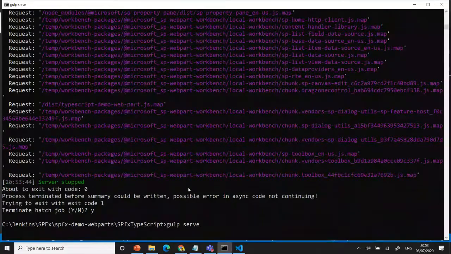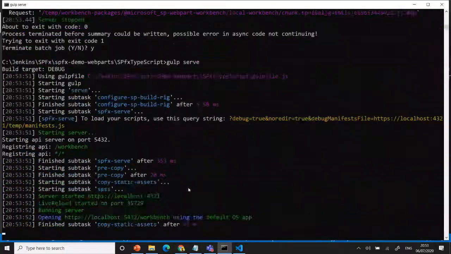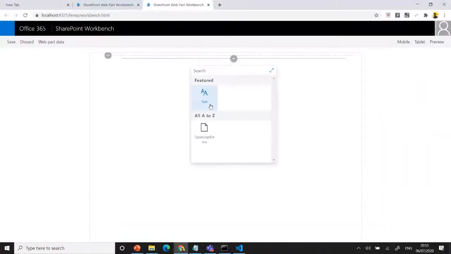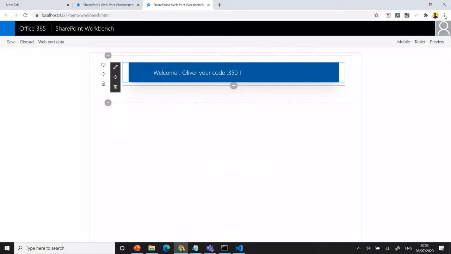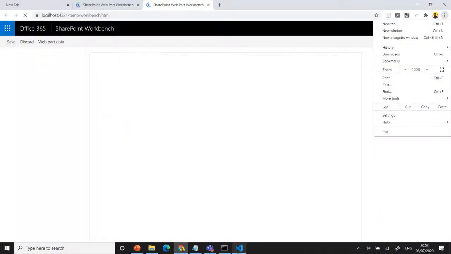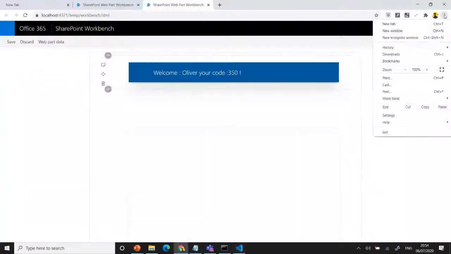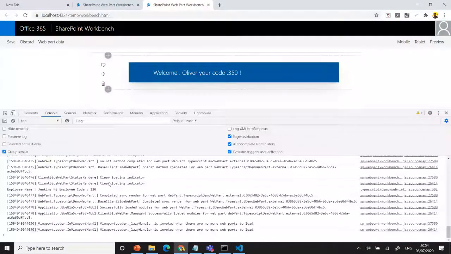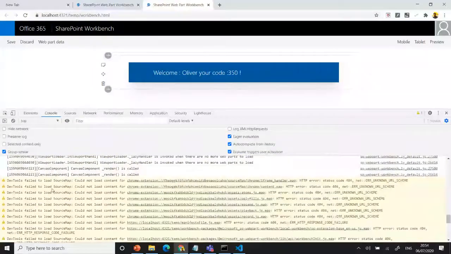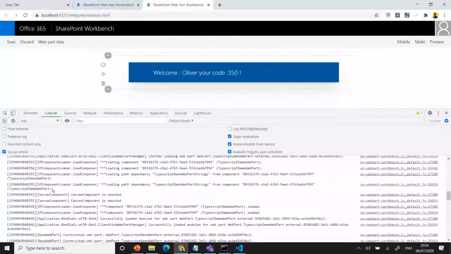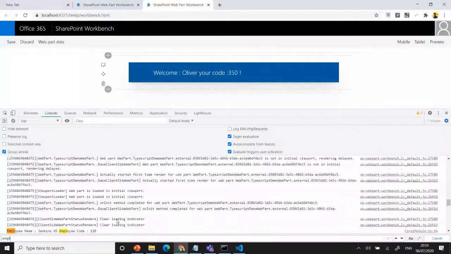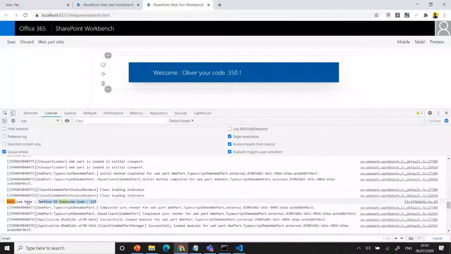It's executing again using gulp serve. Okay, now I'm getting the same web part back, and I'll check my console. I can use something like alert. Otherwise, that's easy, right? It's easy to bring the value. Anyway, for a final try. Yeah, you can get the value, right? Now you can see the employee name from the constructor, right?